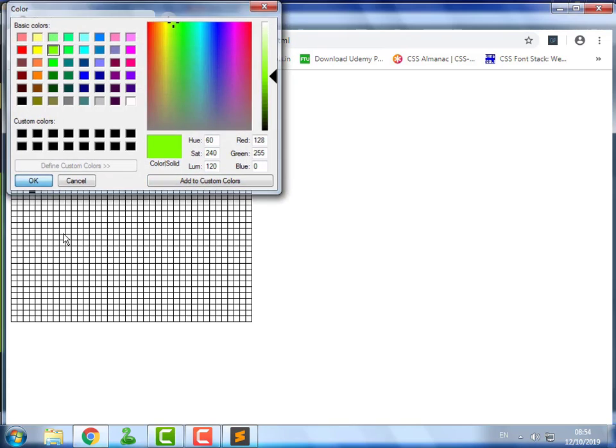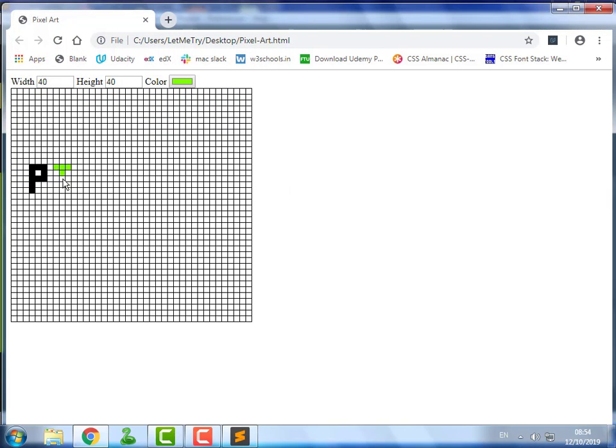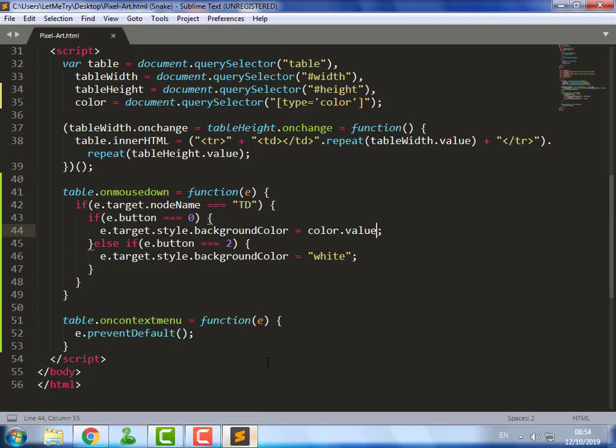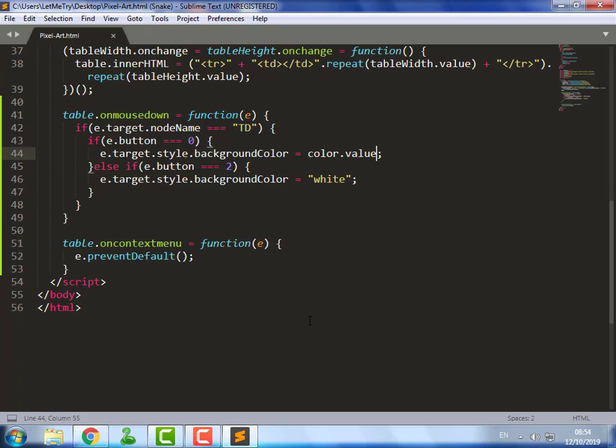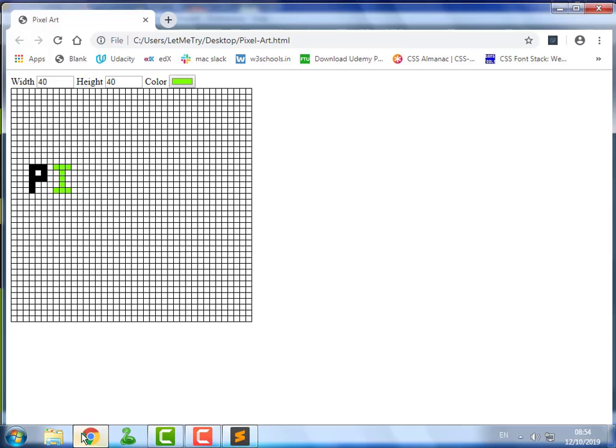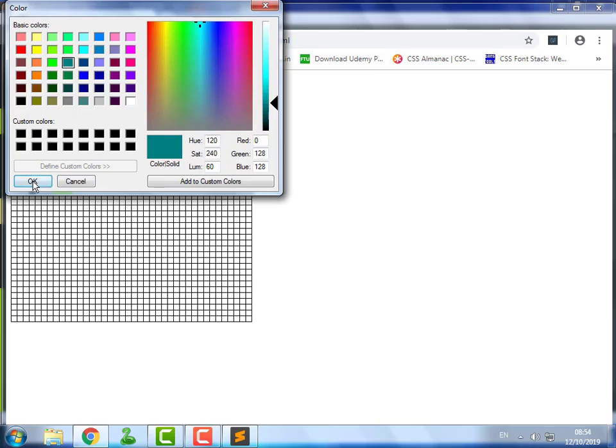Nice, too many colors to choose from. Let's write the word pixels using some of those colors.